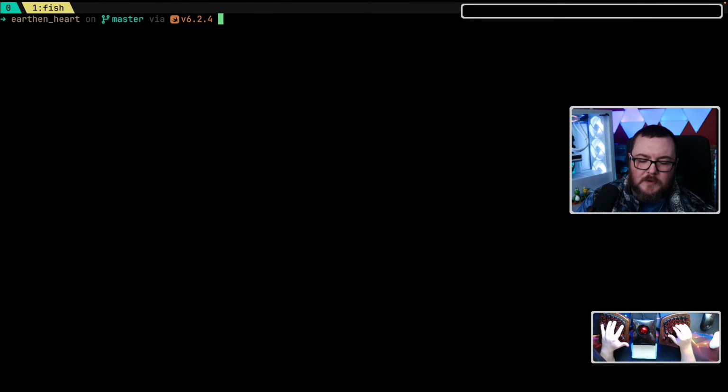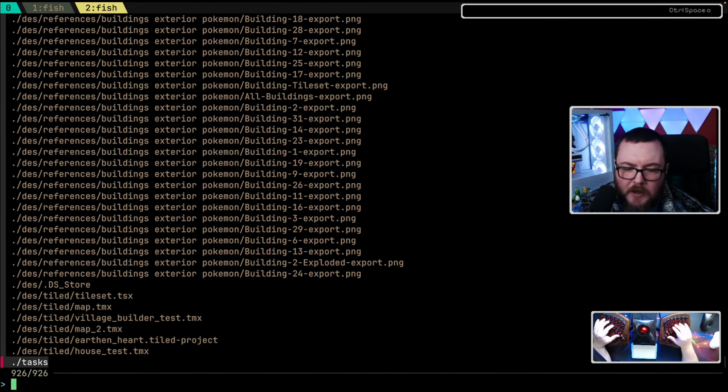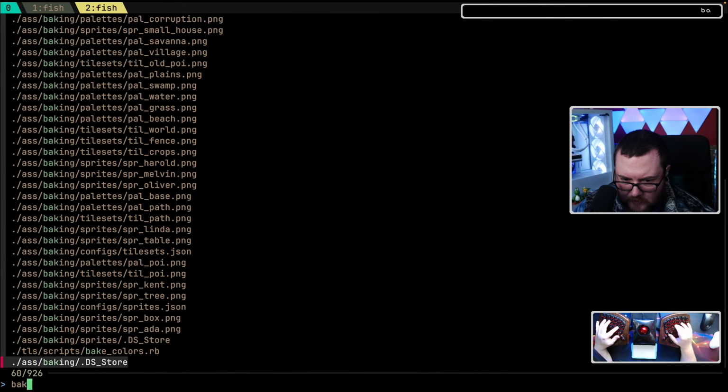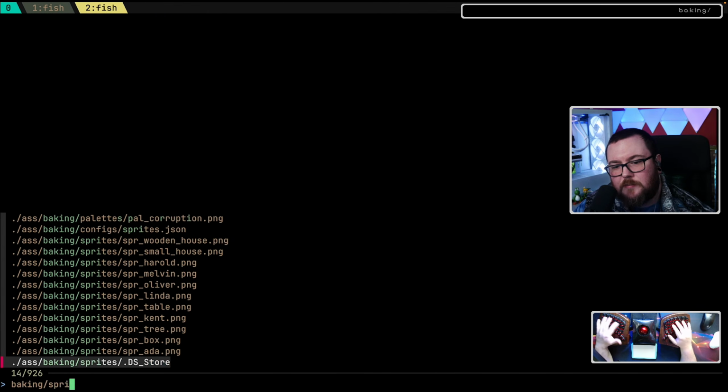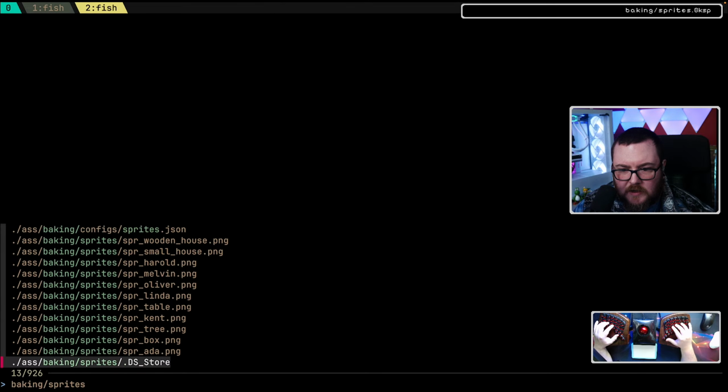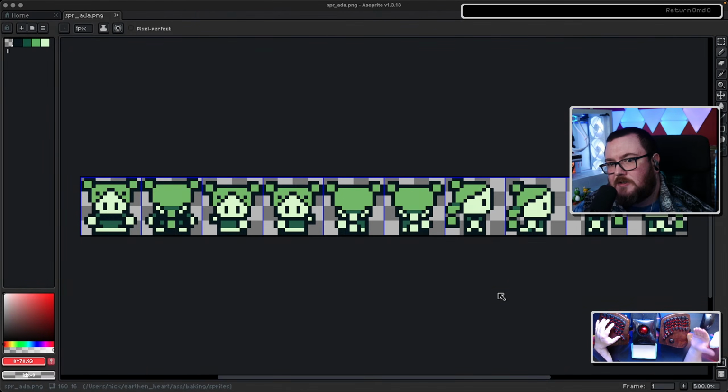So just to show what I'm talking about, if I go to this sprite here, you'll actually see that the sprites are uncolored. Now there's a whole reason why I decided to do this, just creatively. I kind of found that as someone that has done a lot of games with just kind of programmer art or whatever, I found that